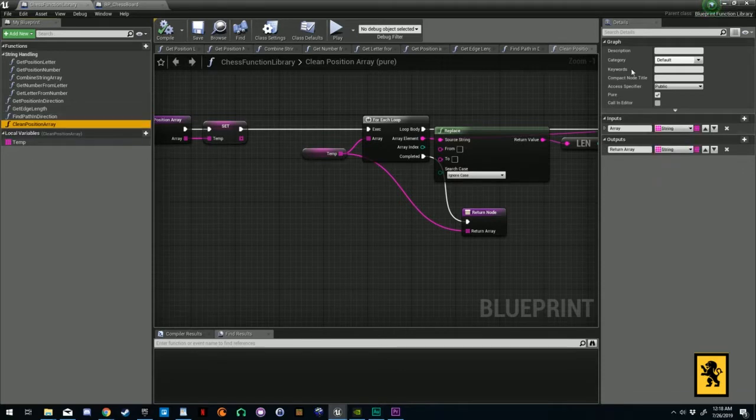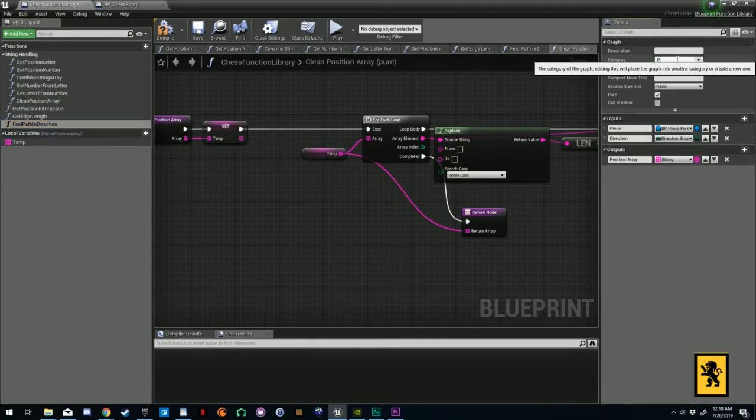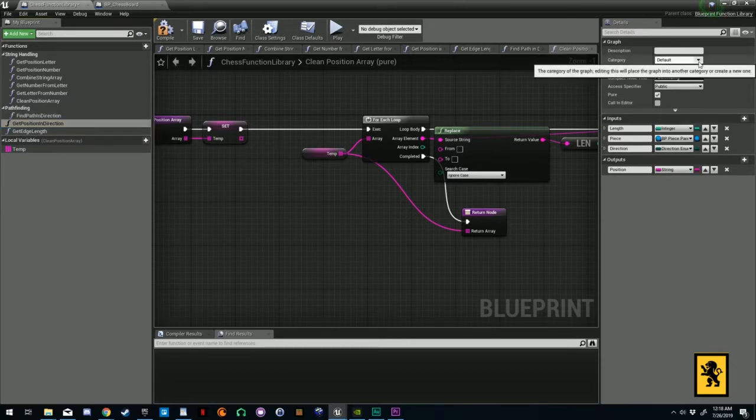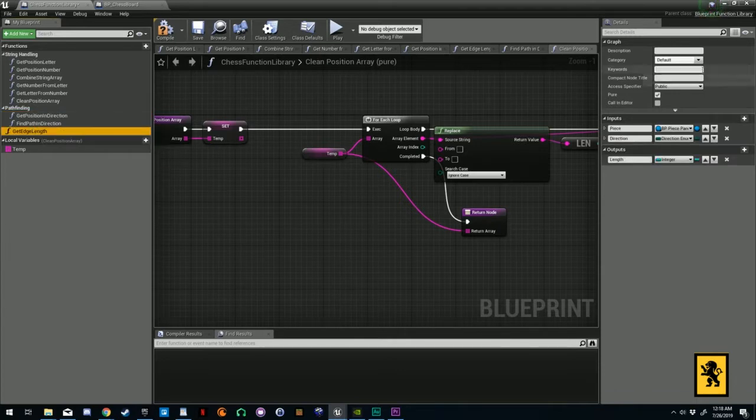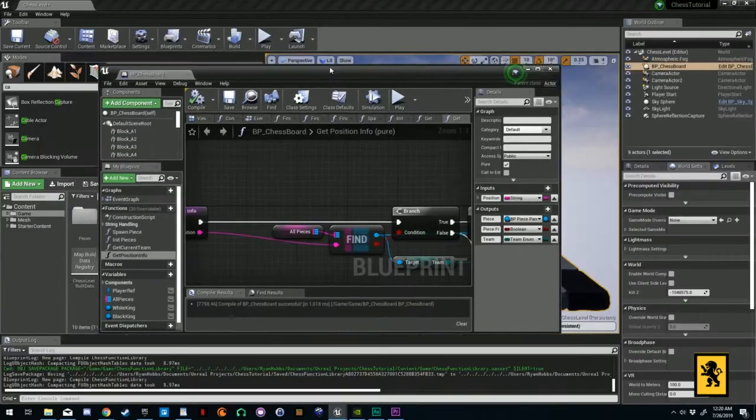Okay, so we can just throw this into our string handling. We can create a new category called Pathfinding for this one. Do the same thing with this. Same thing with this. Now let's go ahead and close out of our chess function library, and we're going to